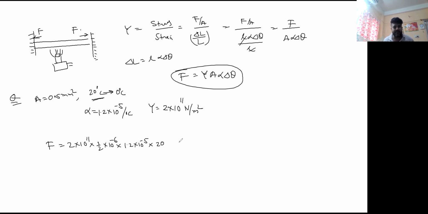So basically what happened, this cancels, half cancels, so 1.2 into 20, that is 24 Newton. Okay, so